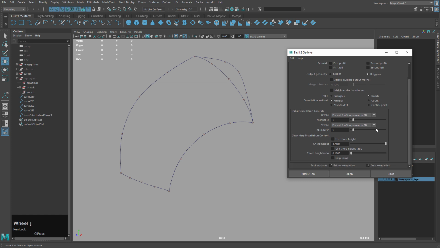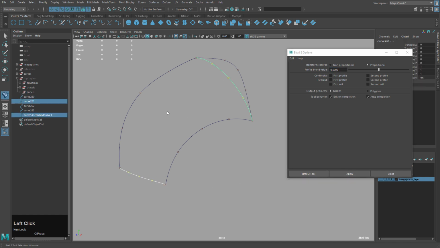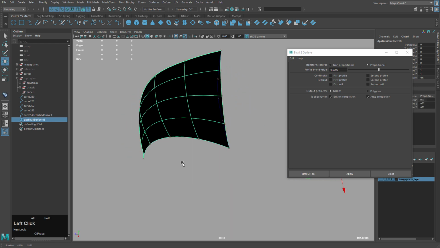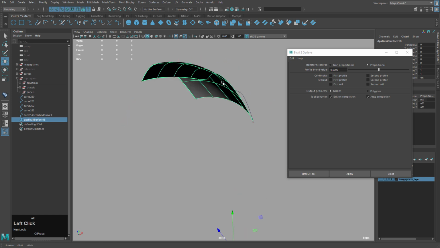Okay, settings same as before. We want to do polygons, quads, general, but first, this is if I'm making the final shape. I am not. I'm going to use NURBS, and I'll show you why in a second. I'm going to hit apply. It's going to tell me to select two profile curves, 1, 2, then 1 and 2 for rails. All right, that looks pretty good.